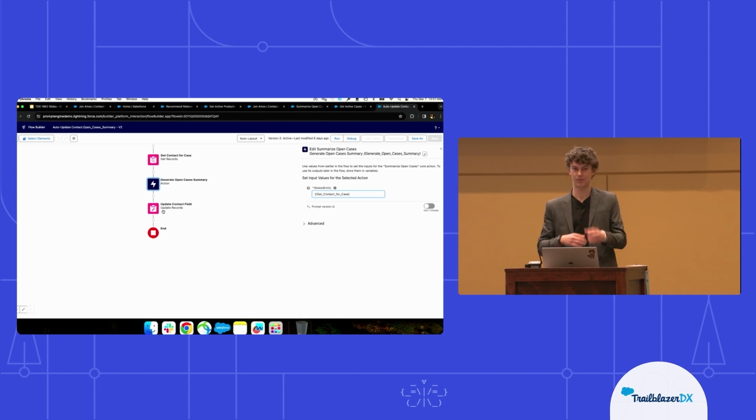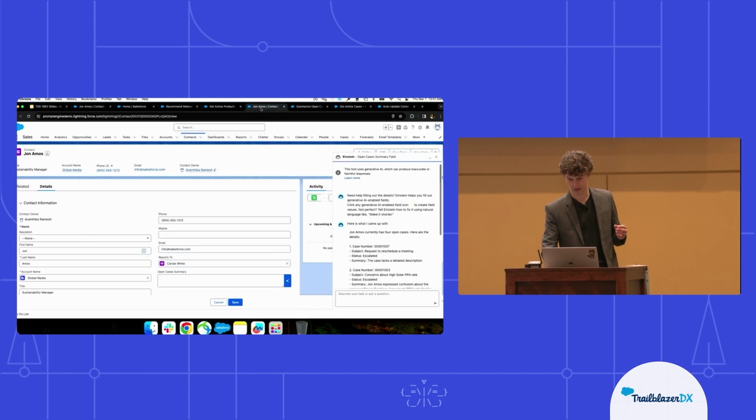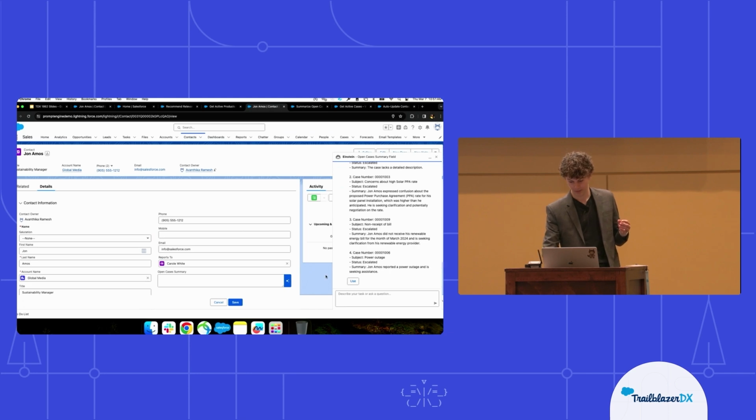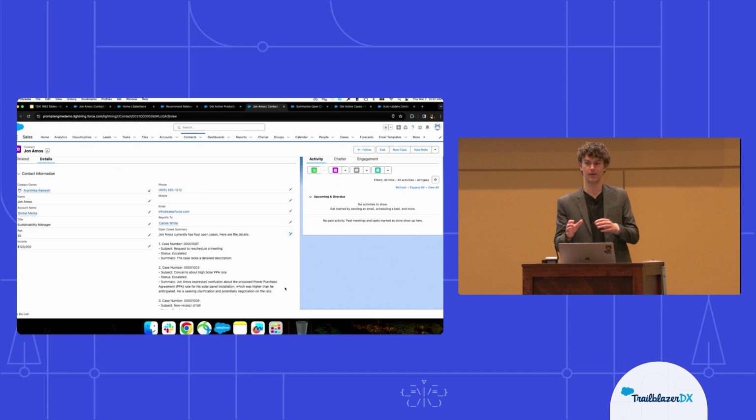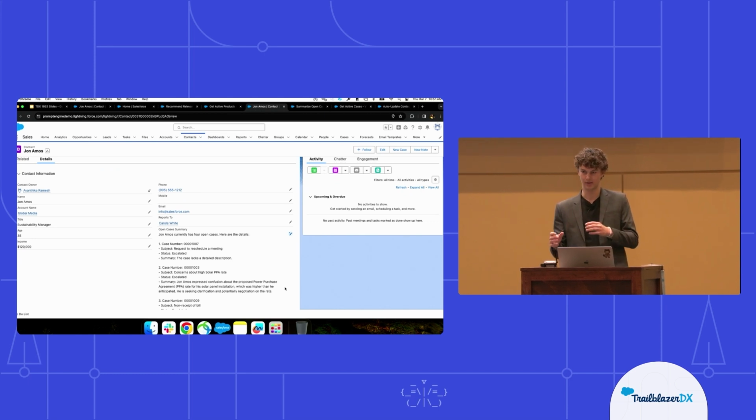So this means that I, as a service agent, can go to John at any given moment, and the summary that Einstein is generating will always be up to date with the escalated cases in bullet point format that John has filed at that moment in time. Now,